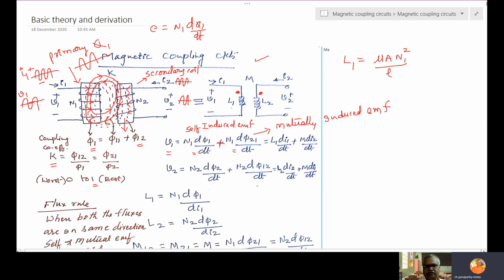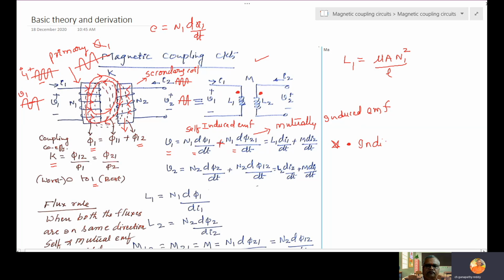This is a symbolic representation. In this symbolic representation, we are not bothering about the winding direction, but that is taken care of by the location of the dot. So the dot indicates the winding direction. Dot indicates the winding direction. That will not indicate the current direction. So always the dot